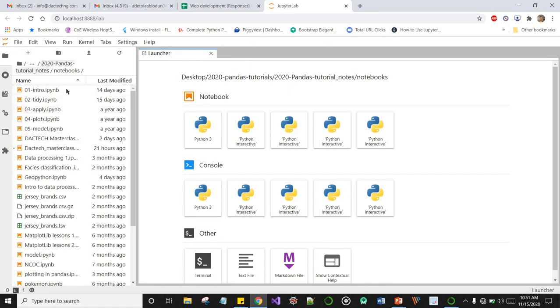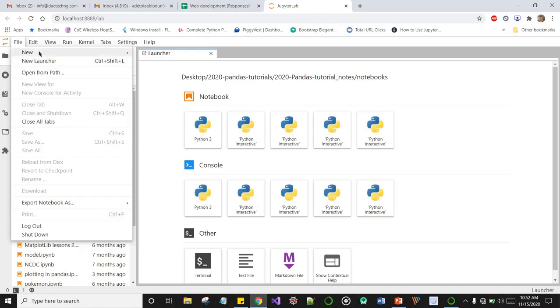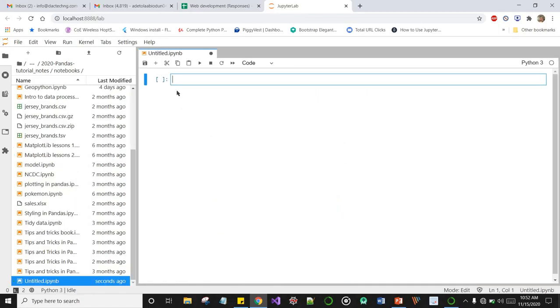For you to create a new notebook, you just have to click under the notebook tab here. You can click on Python 3, or you come to File and New Notebook. But we can just easily click here, Python 3, and you will see on this tab here that our notebook has been created. And if you hover on this tab, you can quickly have details of your notebook, of the file rather.